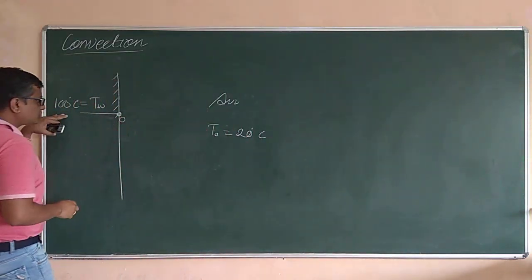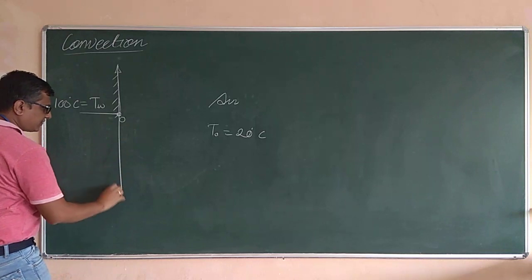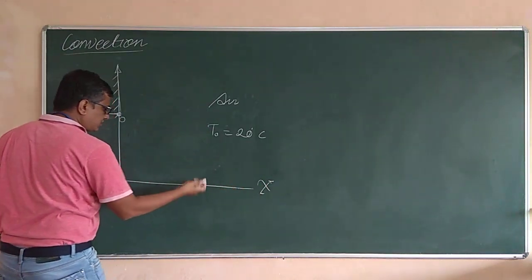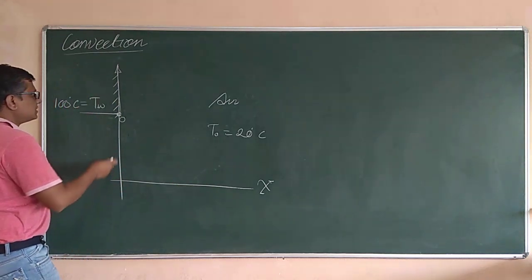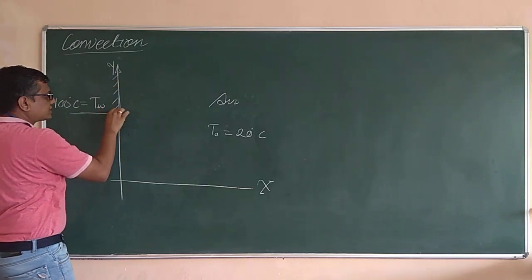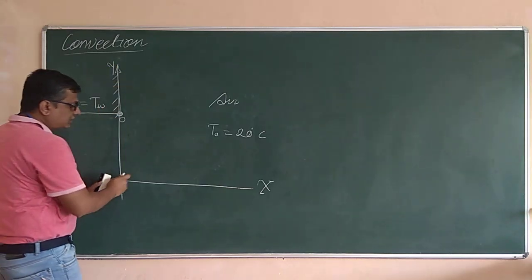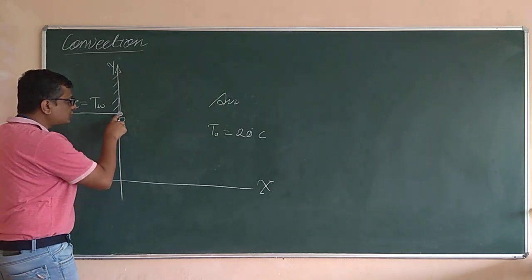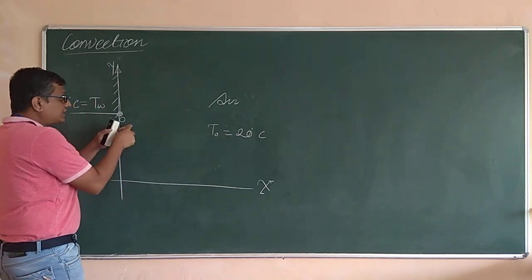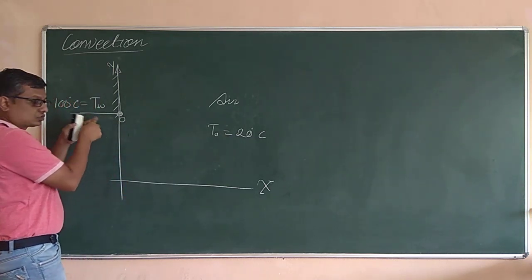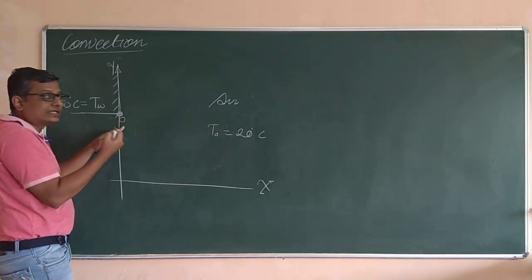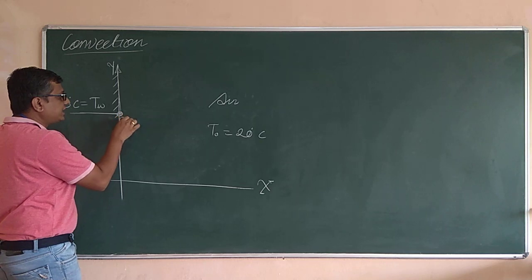If you check the distribution of temperature, if I take this as the y-axis and this as the x-axis, and on the x-axis I take the distance in terms of some mm or say microns. Here the temperature is 100 degrees Celsius, I have marked that on the y-axis. If you go a little towards the right along the x-axis, you will observe that the temperature of the air molecule here is not exactly equal to 20 degrees Celsius, but as the air is in contact with the solid wall which is at the higher temperature of 100 degrees Celsius, the temperature of air will be a little less than 100, so maybe 90, 80, something like that.